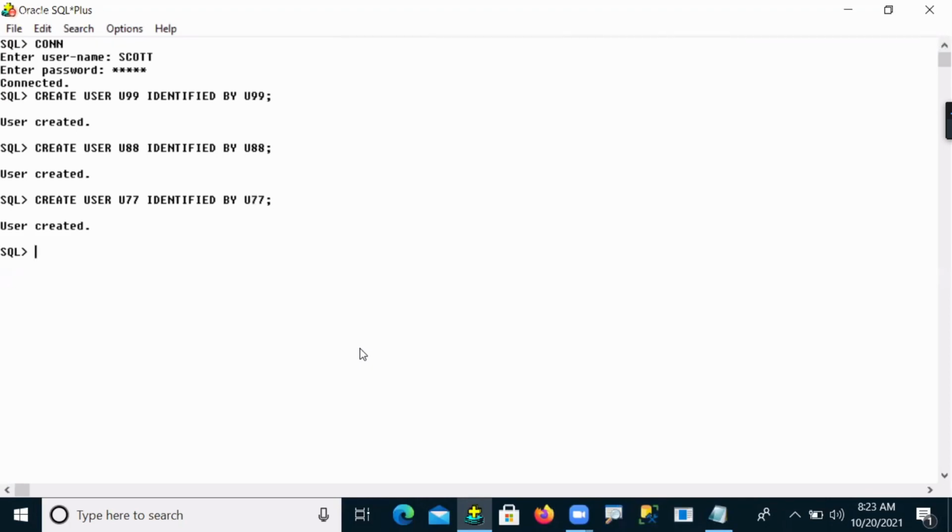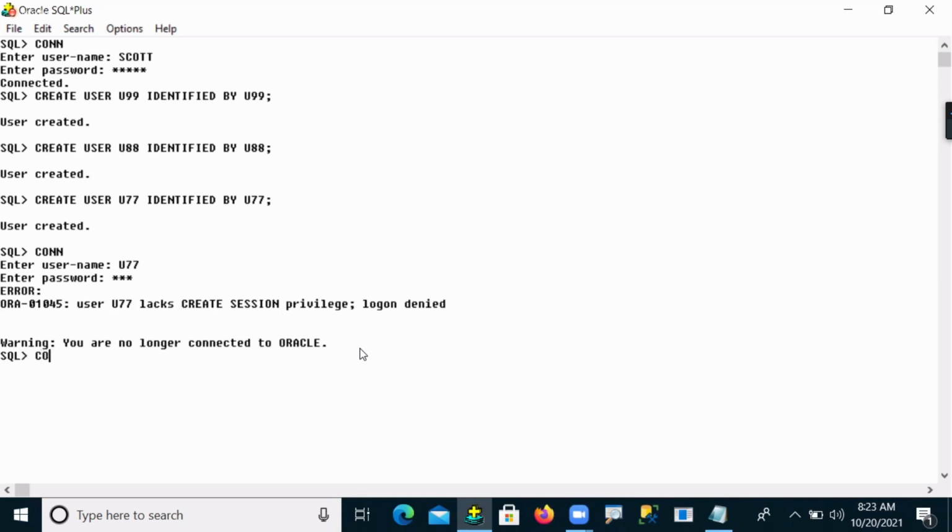Now when he tried to connect as user 77, he was unable to connect. User 88 also tried, and is also unable to connect.